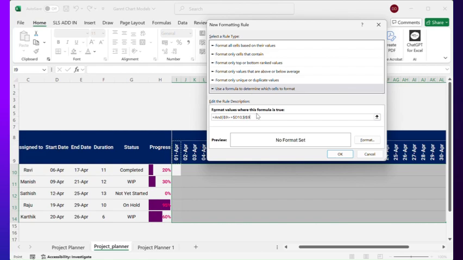And the date in our Gantt chart should be less than or equal to our end date, and also our status should be equal to